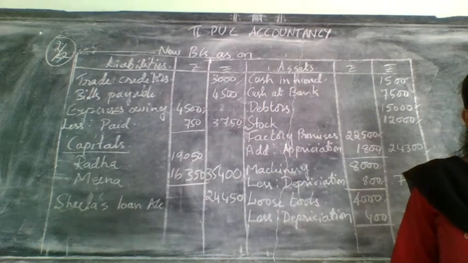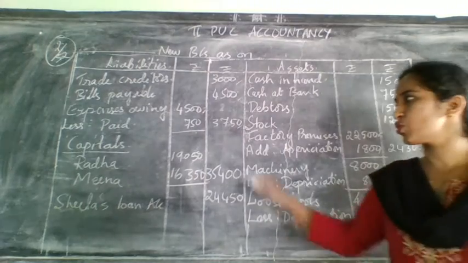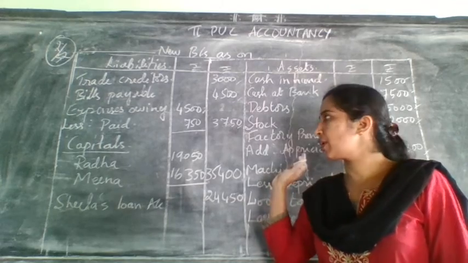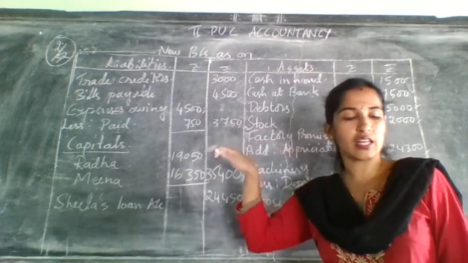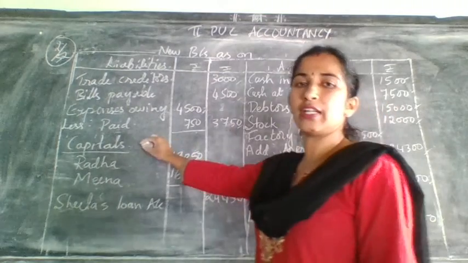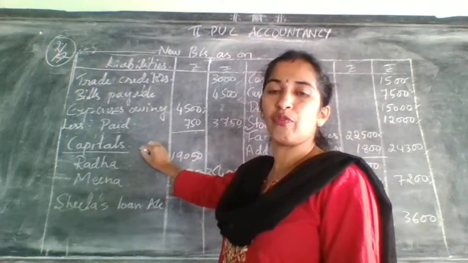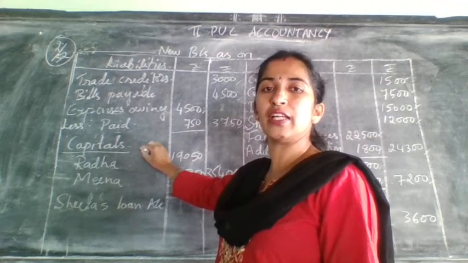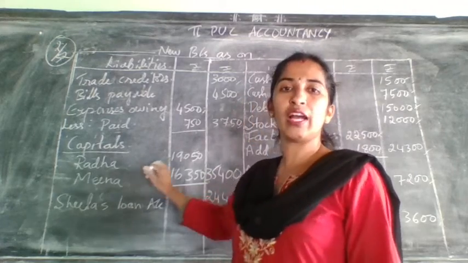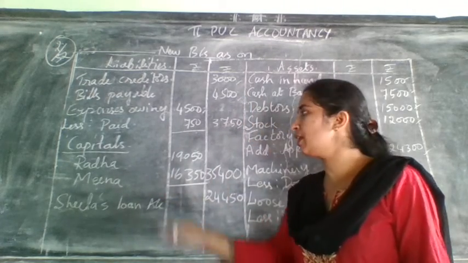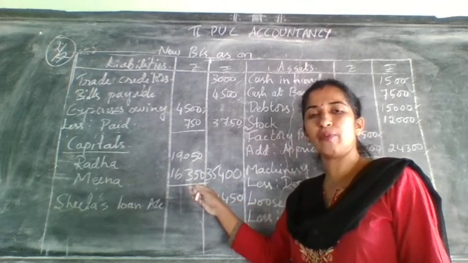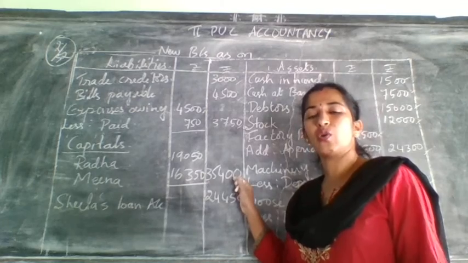Next, you need to take which one? General reserve. You should not take here because it was already distributed in the partners capital account. So no need to take here. General reserve, it should not come here. Next, you need to write capitals. Capital should be written only for balance carried down. For how many partners you will write it there in partners capital, only that much will come here. Here Radha and Meena only have balance carried down in partners capital, that means they are considered as remaining partners. Write their capitals in the inner column and add it and write it in the outer column.